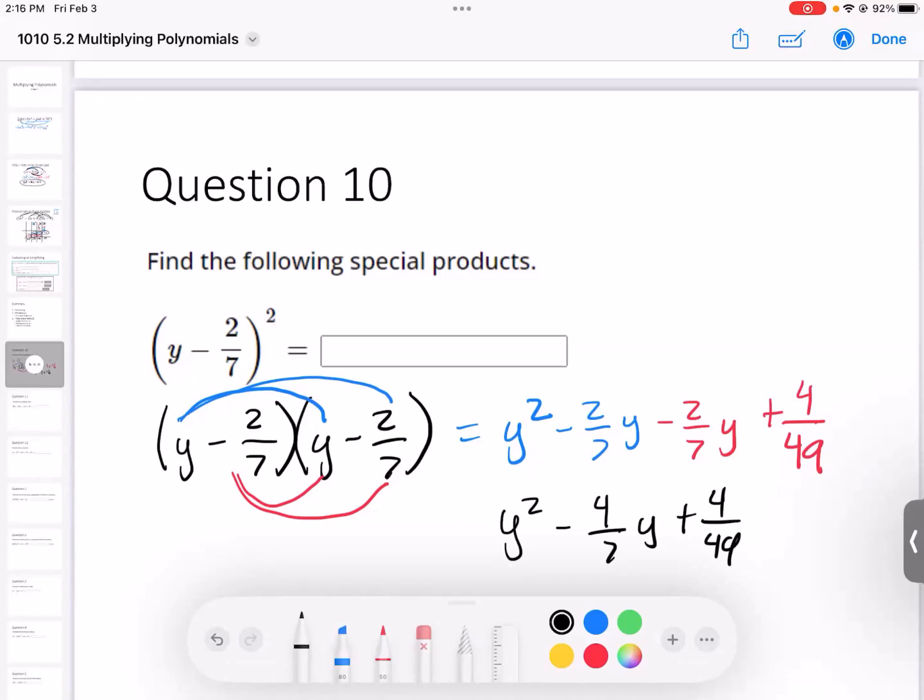So say I had -4/7 minus 4/7, the final would probably be 8/7. You said -4/7 minus 2/7? Minus 4/7. -4/7 minus 4/7? Yeah, that'd be -8/7. Yep. And when you multiply them together, you get 16/49. So when you combine the two middle